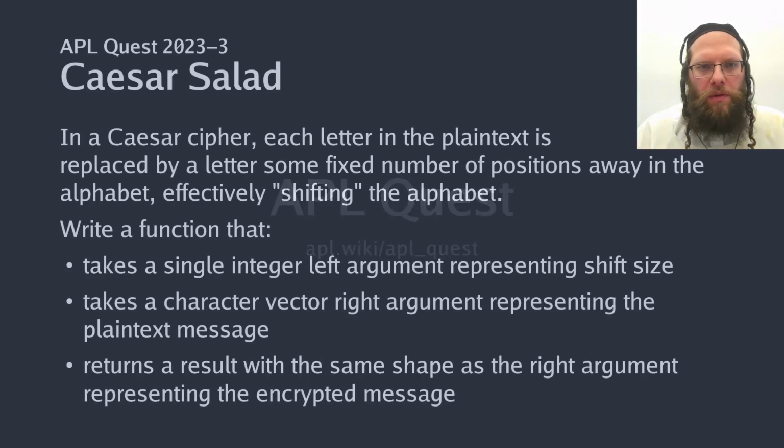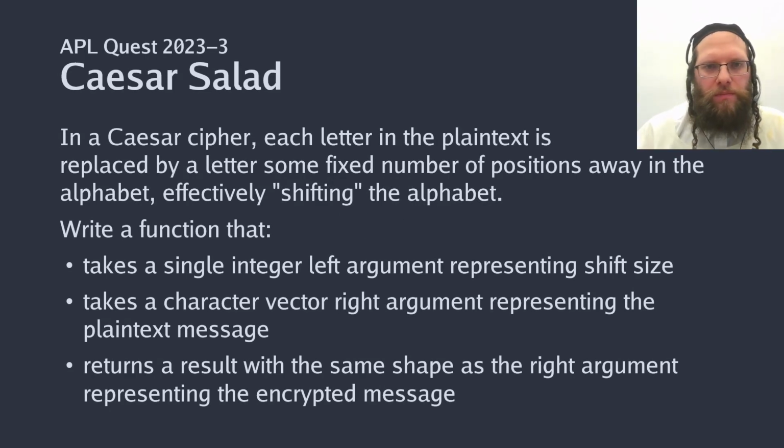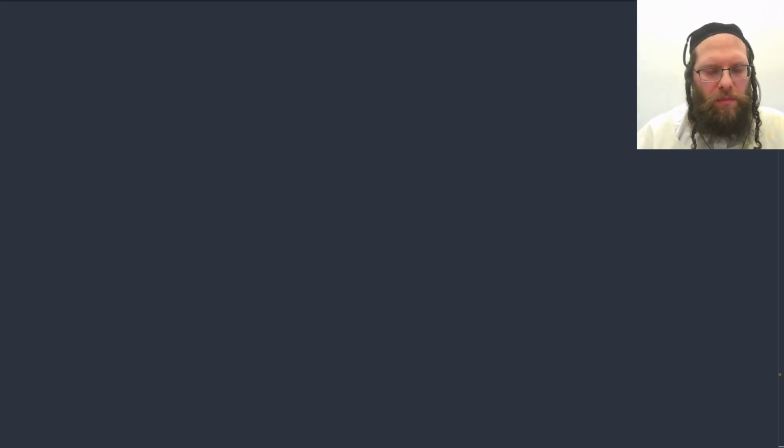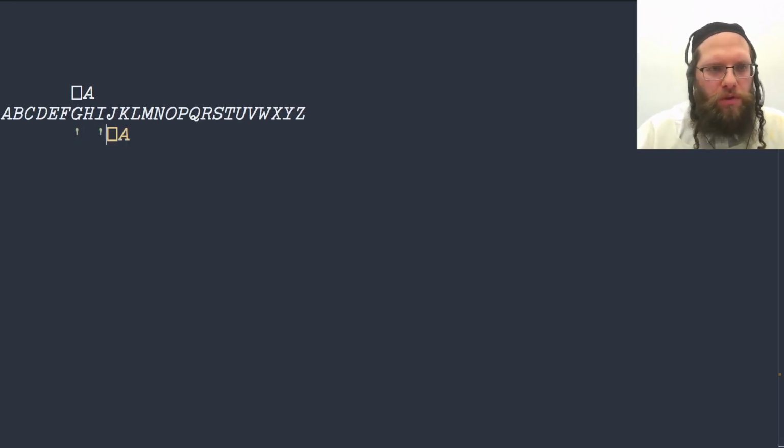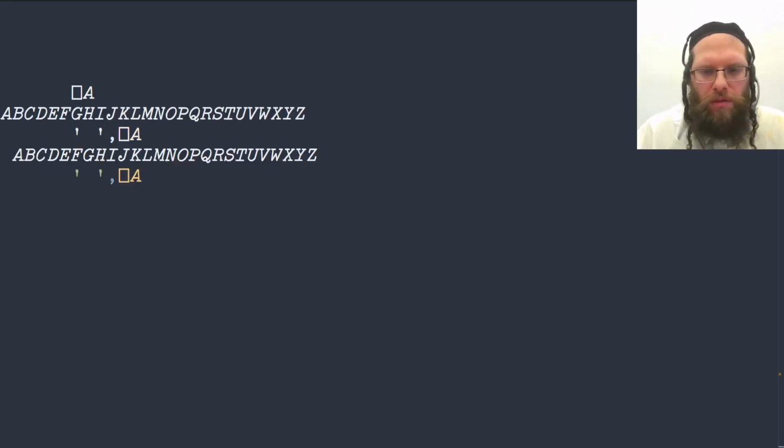Hi, we're going to implement a simple Caesar cipher for uppercase characters and spaces. So the idea is that we have the uppercase alphabet as a built-in. We just need to also have a space in front, and we can make a lambda around this where we take the argument, which is represented by an omega, which is the rightmost character in the Greek alphabet, and